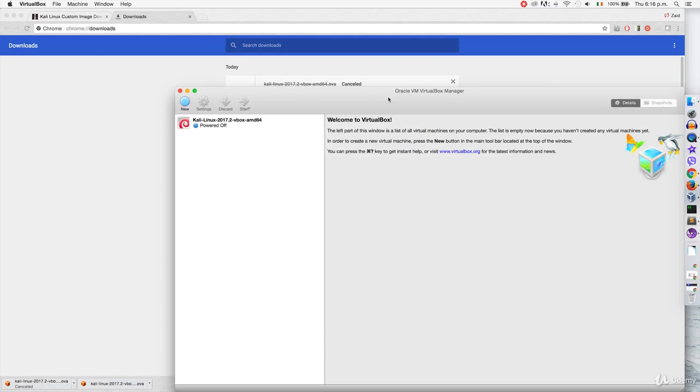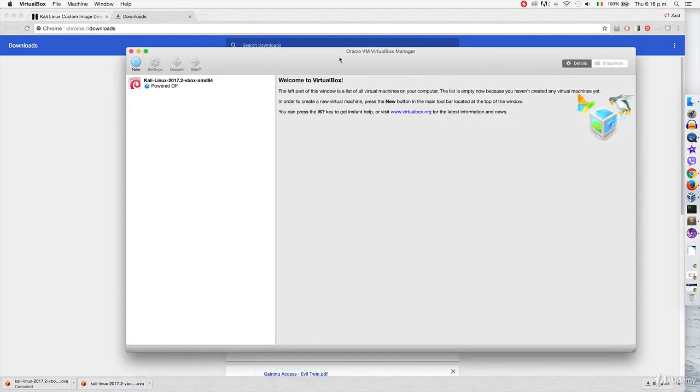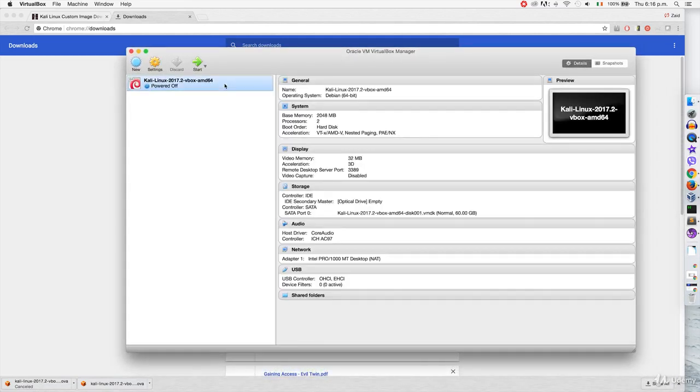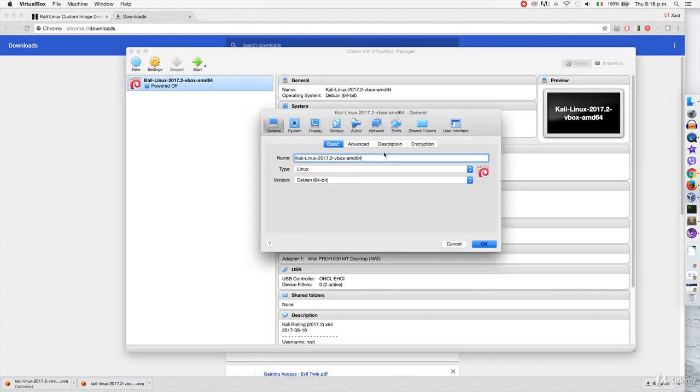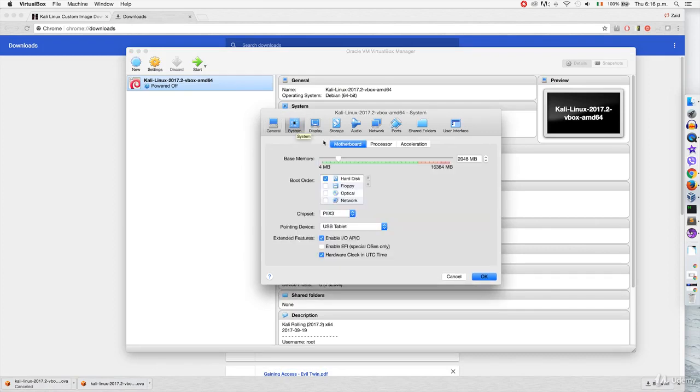Now before I start it, I want to show you how to modify some of its settings. So we're going to click on it. Then we're going to click on the settings in here. And the first thing that I'm going to do, I'm going to go to System. And I'm going to modify the amount of RAM it has. Now depending on how much total RAM you have on your computer, you can leave this at 2 if you want. But 1 GB is enough for Kali. I usually leave it at 2 because I have 16 gigs of RAM,